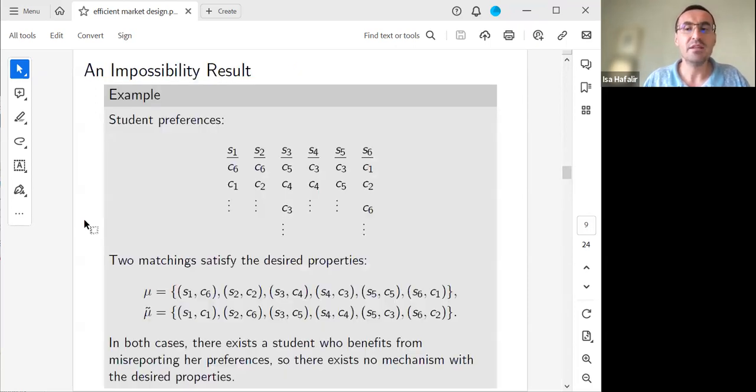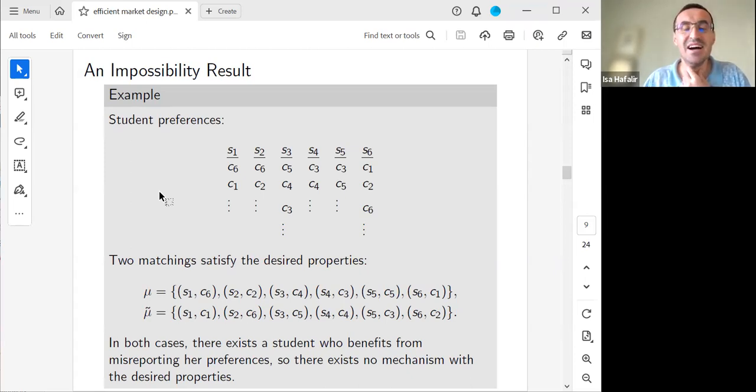Okay, so let me start with the impossibility result. Since this is a short presentation, I will not be able to tell you all the details. But here in this example, we have 6 schools, each with a capacity of 1, 6 students, and there are 3 types. The initial matching is given by Si for each i from 1 to 6,